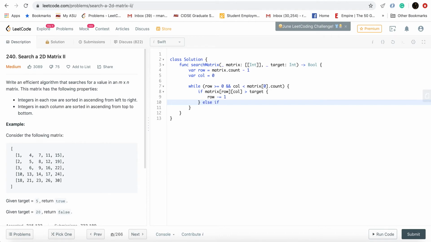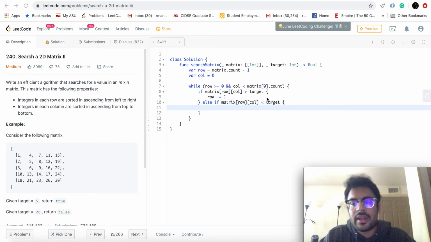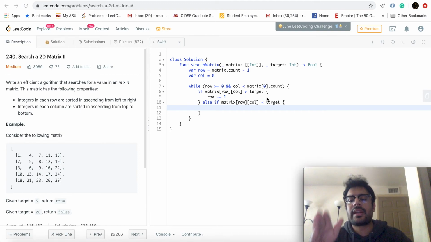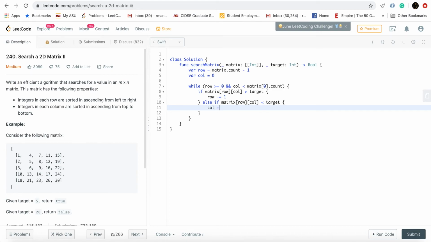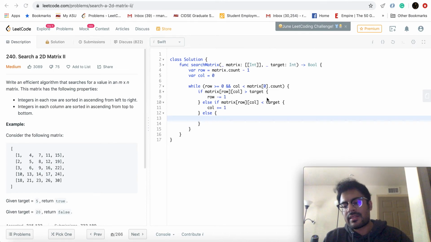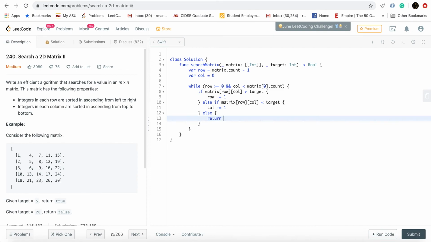Else if the current element that we are at is less than our target, we can actually search in that row, and to search in that row we need to progress a column so that we can iterate over the row. So we'll increase the column value by 1, and if it's not less and not more than the target, then it has to be equal to the target, in which case we'll just return true.